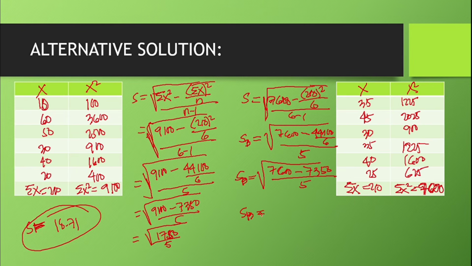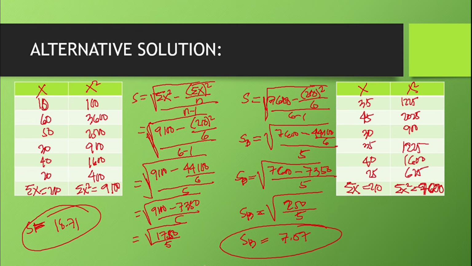S B is equal to the square root of 250 over 5. If we compute, we have 7.07. So we could say that the standard deviation of B is lesser than the standard deviation of A, which